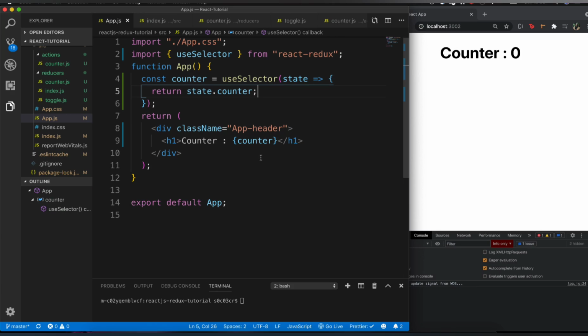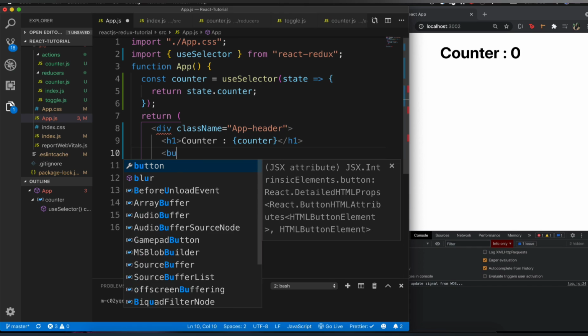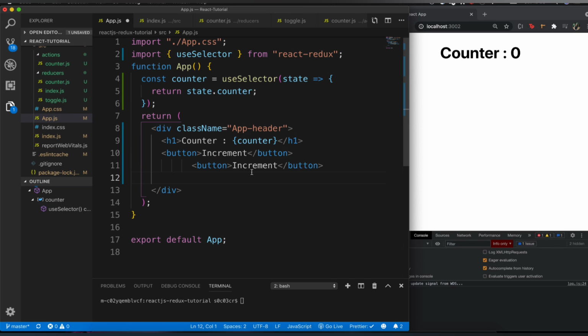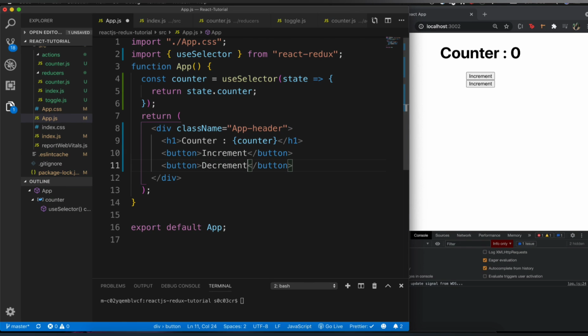of app.js. The next thing we want to do is we actually want to create a button that will help us actually increment or decrement the state, right? So I'm going to go ahead and create a button, and let's say this one is to increment, right? And on click of this, we'll actually have to do something, but let's do that in a while. Let me simply for now create two buttons, one for increment and one for decrement, right? So I have created two buttons that are going to help me change the value of this counter.